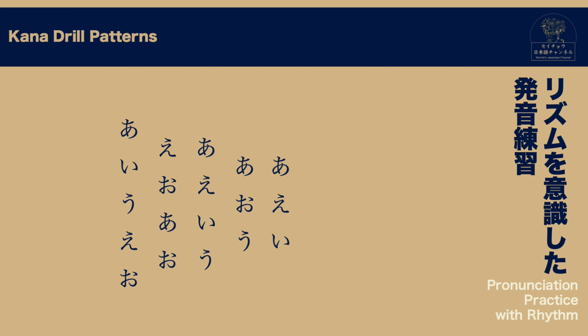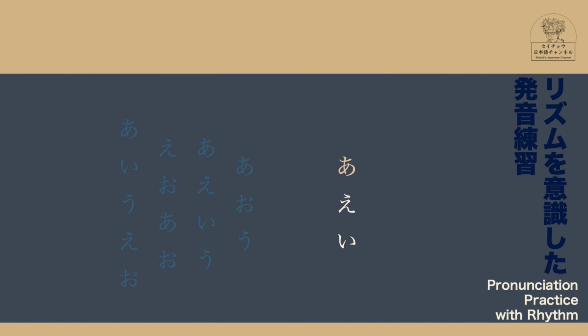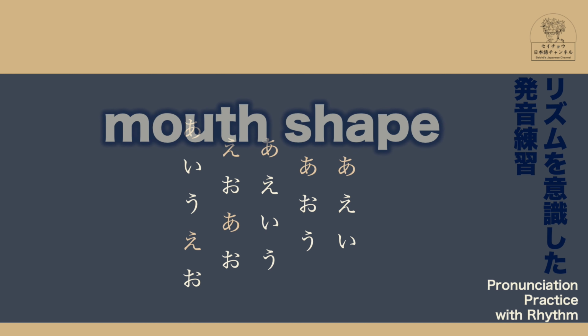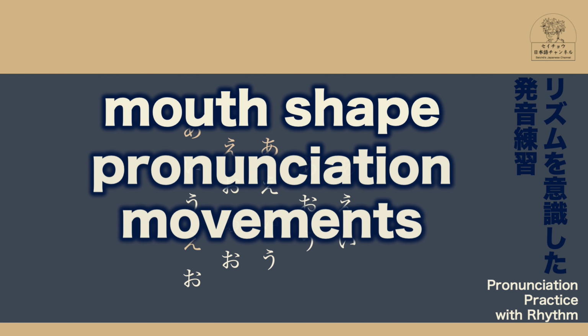For example, あえいあおうあえいうえおあおあいうえお. Japanese has only 5 vowels. Practicing sequences like this is a very efficient way to get used to Japanese mouth shapes, pronunciation movements, and rhythm